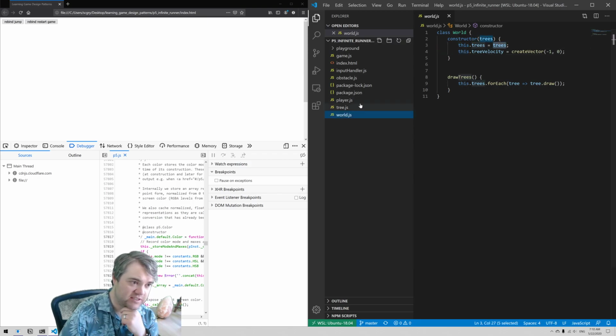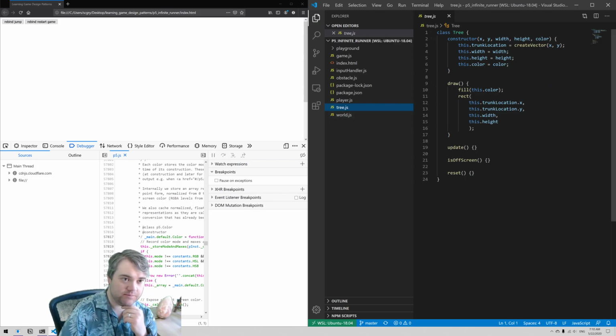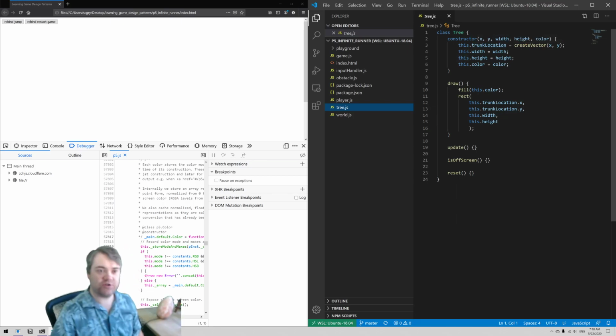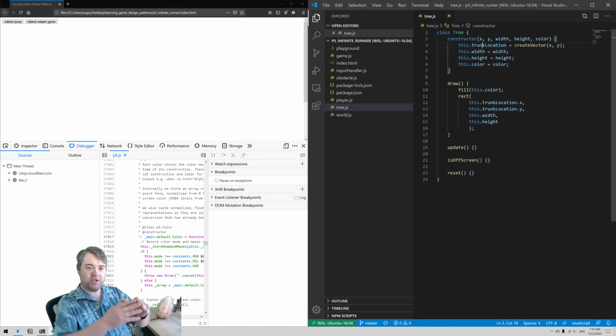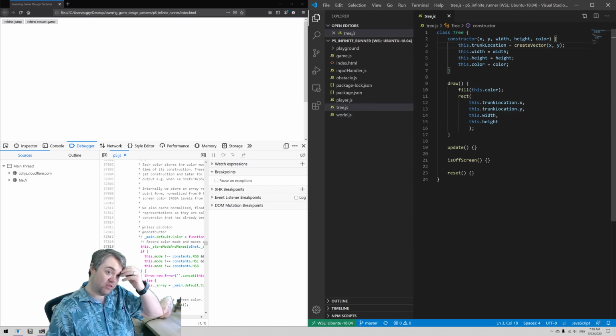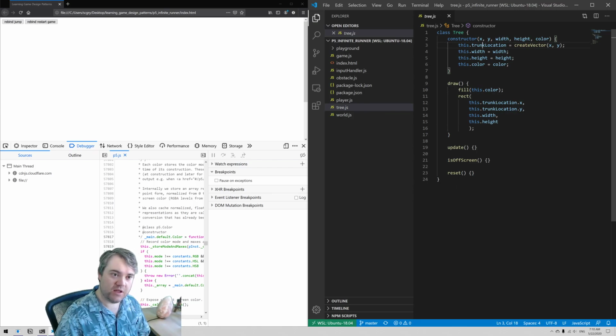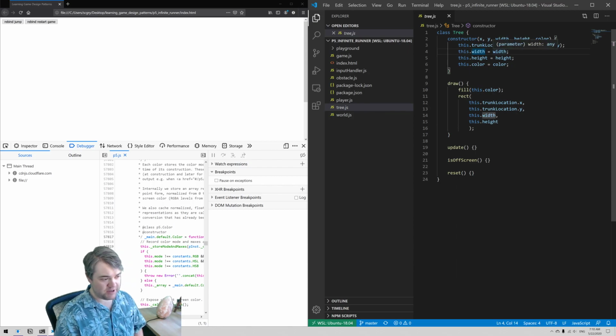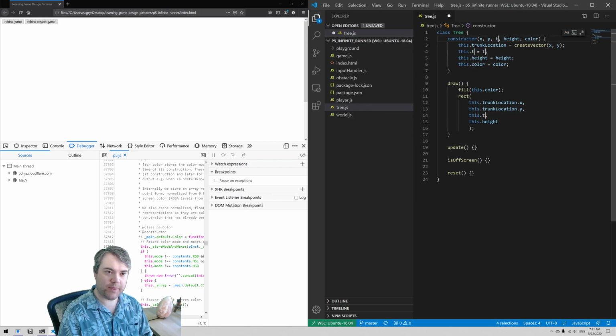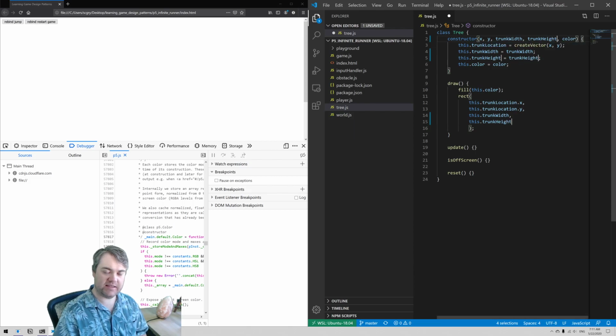Then we have our list of trees. Then we have our tree class here. So we have a trunk location. Okay, so whereas the trunk location, we're going to have the leaves also, but we're not really going to care about those per se. We only care about them compared to where the trunk is. The width and the height, this is going to be of the trunk. So this might be good to sort of just mention that. This is trunk width, trunk height,